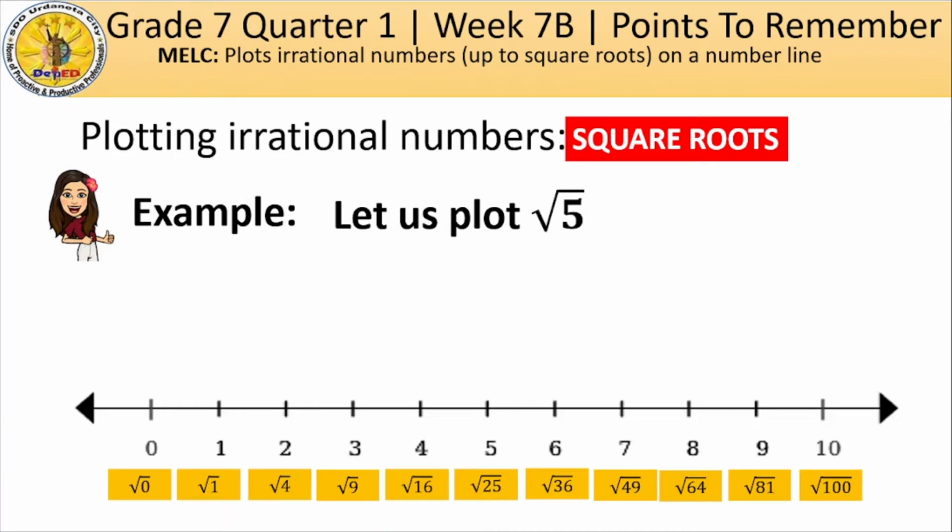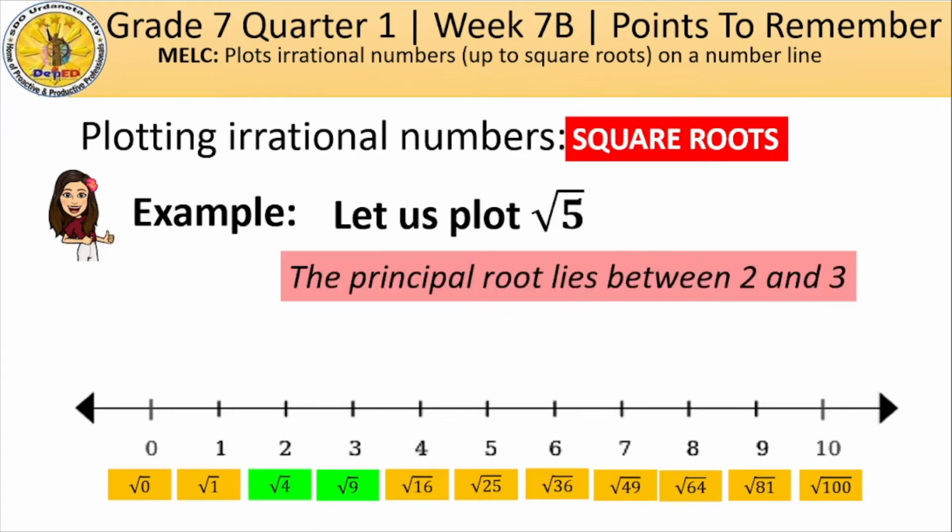So that's the first thing that we should do. It makes the problem easy by putting it on the number line. So, where does the square root of 5 fall? We know that the square root of 5 is bigger than the square root of 4, but less than the square root of 9. So we know that the principal root of the square root of 5 lies between 2